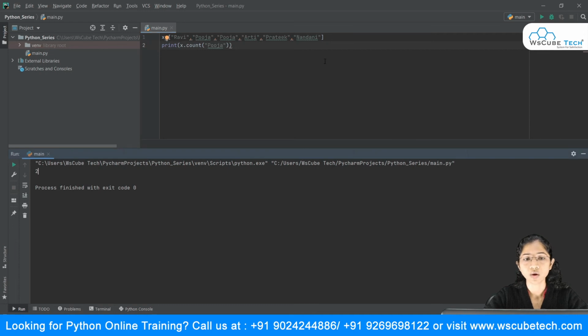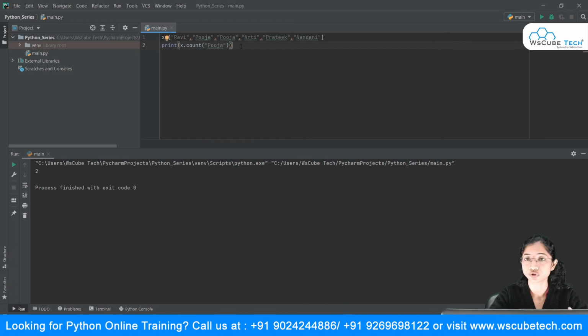As for now, my list is quite small, but when you're working on big projects, there can be vast data in your list as well. In that case, these methods are quite useful to us. Suppose you had a tremendous amount of data, and you want to search for how many times a particular value is there in your list. At that time you can make use of count, and you can get the result in a fraction of seconds. So this is how you can use count.